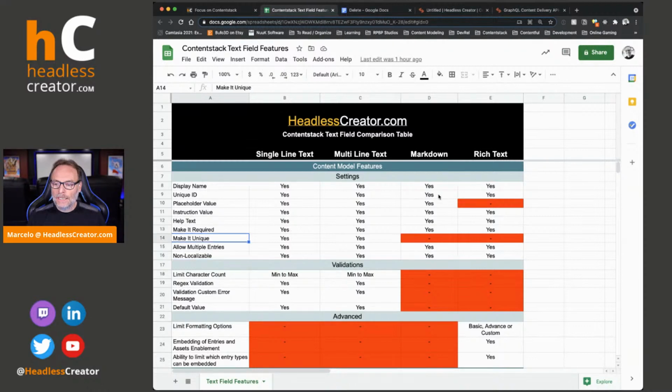The big difference from the settings perspective is your Markdown, your rich text, you cannot make them unique, okay, number one. And then there is no placeholder value for rich text fields. So if we go into